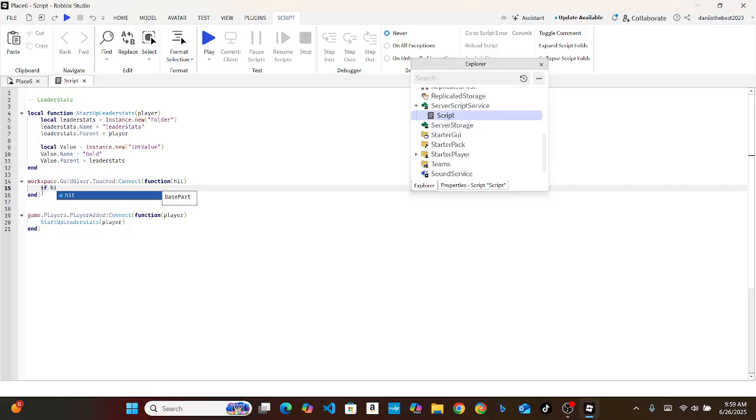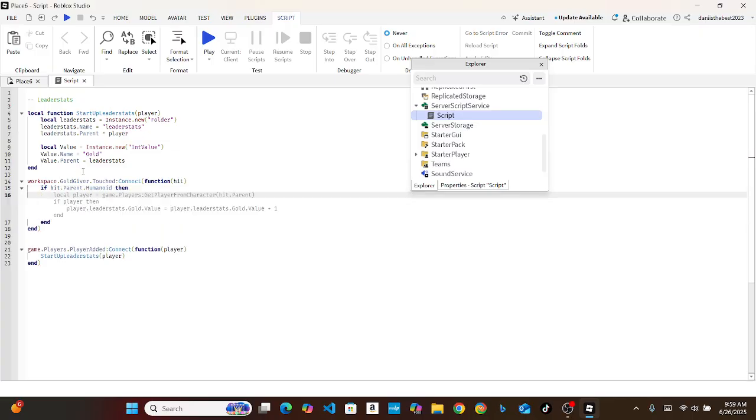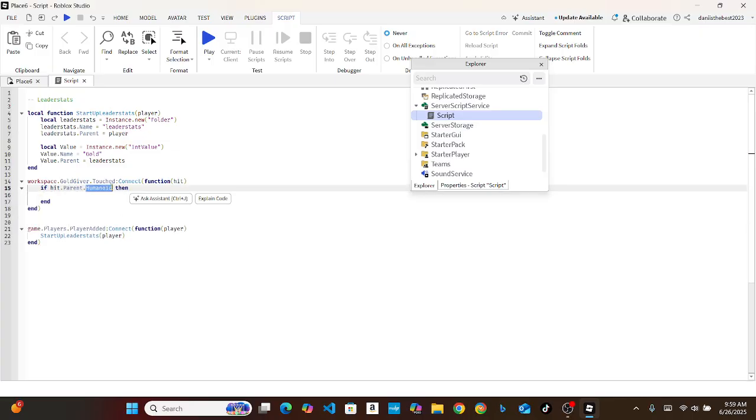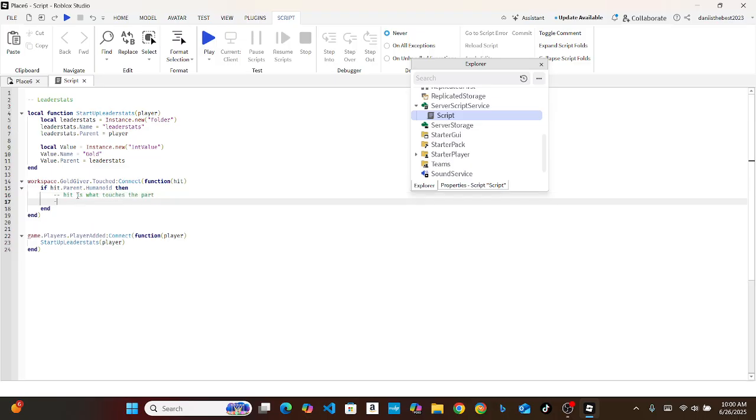So we're gonna do if hit dot parent dot humanoid, then okay, a quick describing moment real quick. Right here you see humanoid and hit dot parent. Let me explain. Hit is what touches the part. Parent is the model that